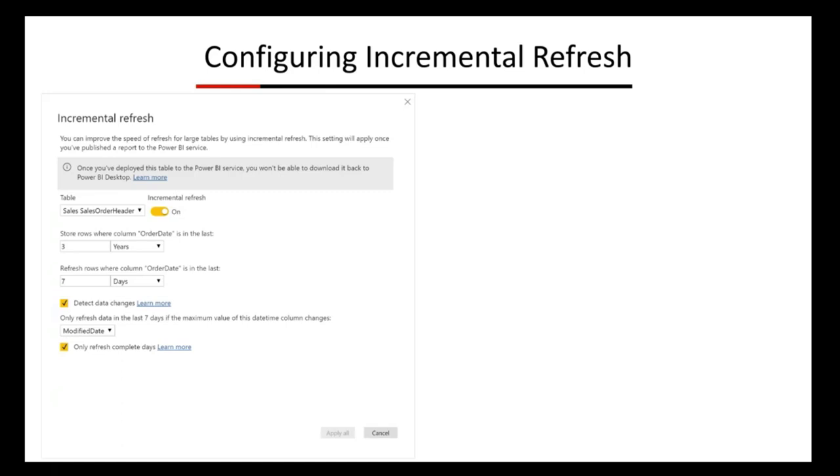So this is the window for configuring incremental refresh policy. First thing is, of course, you need to enable incremental refresh for your table. So you just pick the table from the drop down and say, I want to enable incremental refresh. So you switch it on. And then the